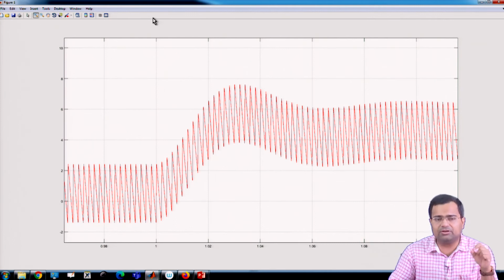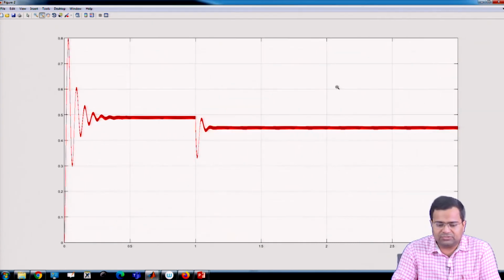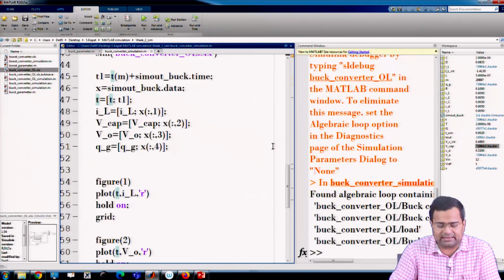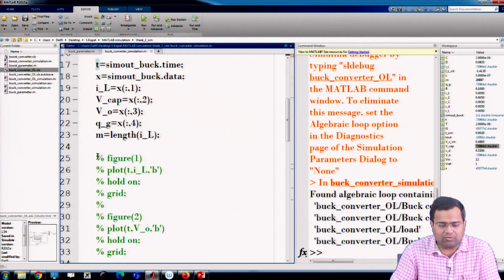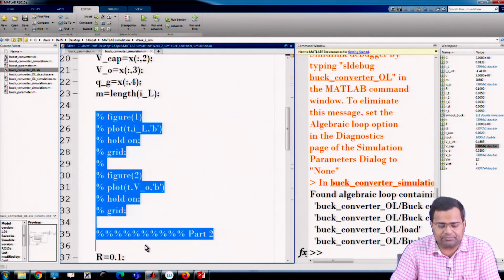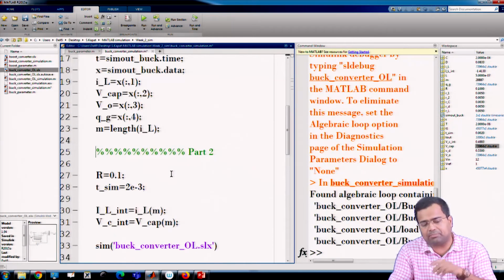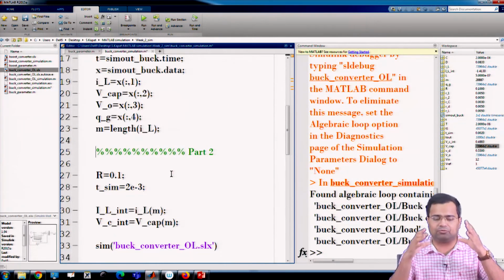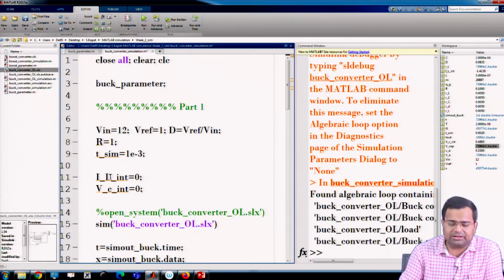Now, we will go to the Simulink block and make changes. That means we can create a transient case study and run the simulation. We can now remove all these plots. We do not want to plot part 1 and part 2 separately, we want to plot them together. Now, we can play with different simulation times, whatever you want. So, all this we can do.